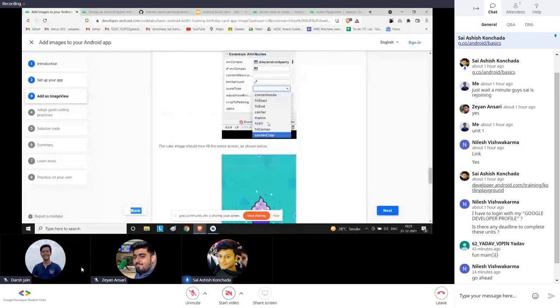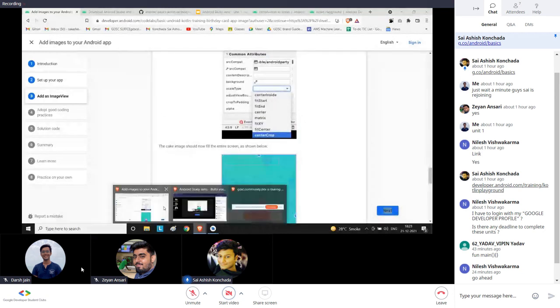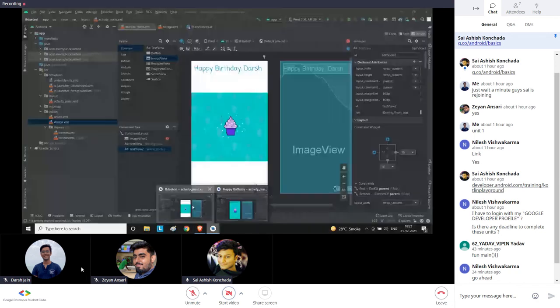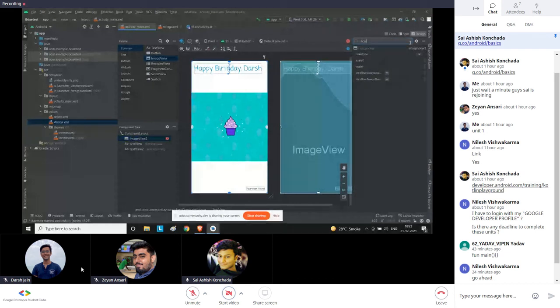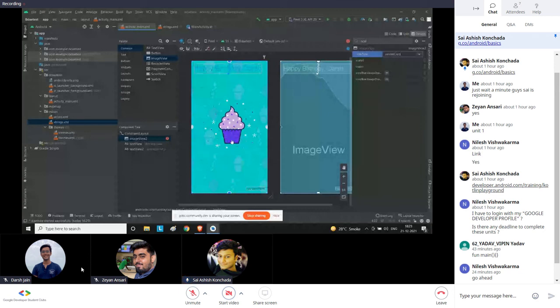Basically, you have to choose the scale type and do center crop. Let me try once again. So it should work actually, and in center crop, yeah, it worked. Basically, if you do center crop, it enlarges the image and uses the center of the image, and you can obviously change the colors and everything.